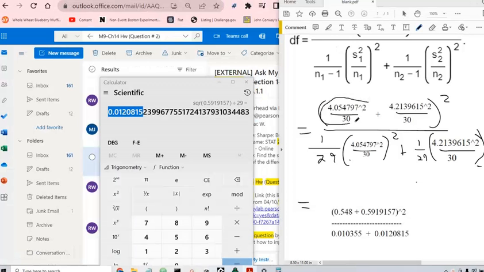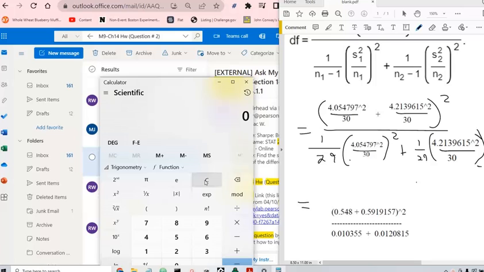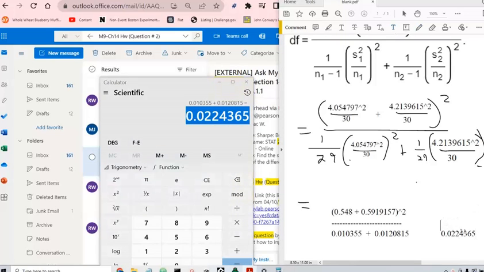Skipped ahead a little bit. This is what I got for this. This, I got this. And then this term I simplified to be this. And then this term I simplified to be this. So almost done finding the degrees of freedom. Let's do the denominator first. So I add those up. This is what I got for the denominator. And then the numerator,